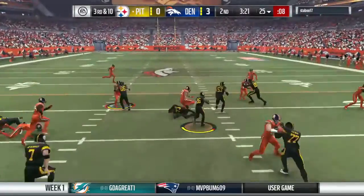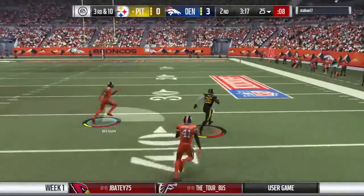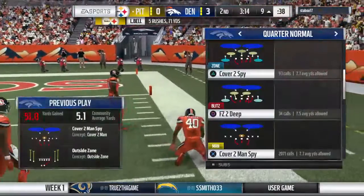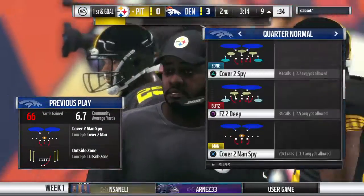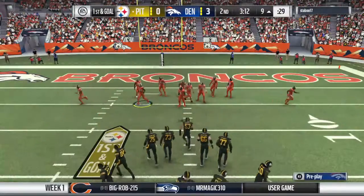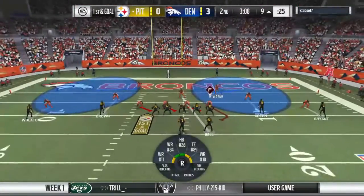On 3rd down, here's Bell. And some space here. And a cutback, right sideline. Le'Veon Bell, it's a foot race. It's a big run that time by Bell. 66 yards on the ground. And for those worried about whether or not Le'Veon's explosiveness would return, I think we just had our answer. ACL? What ACL? This guy's back